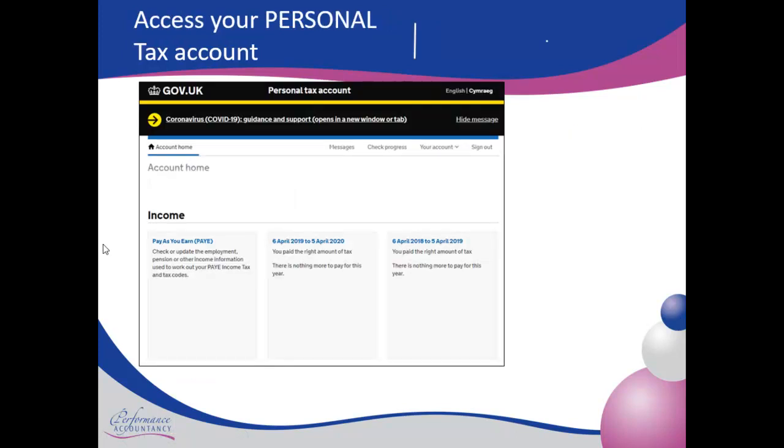Okay. So this is the screen that you might see initially. So this person here has PAYE and doesn't have anything else like some of the screens you might have seen on previous videos, so it just says what they might have paid in the last two tax years. But they've only got PAYE set up because at the moment they are only employed as PAYE. They had no reason to do a tax return, but coming forward they will be a landlord, but that's a different video. So you want to click on PAYE,